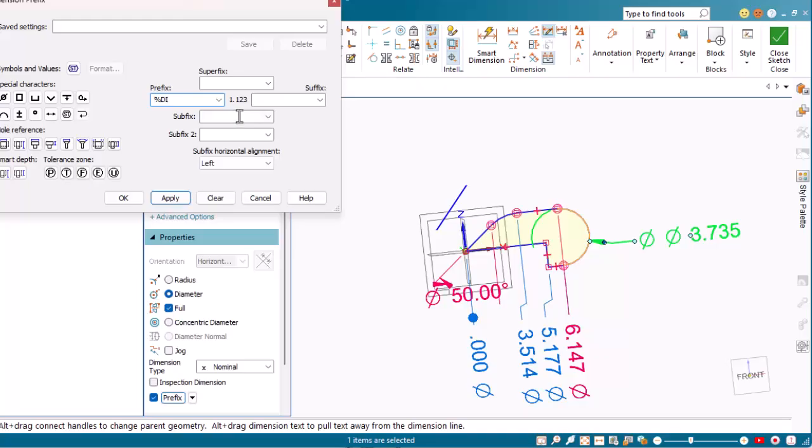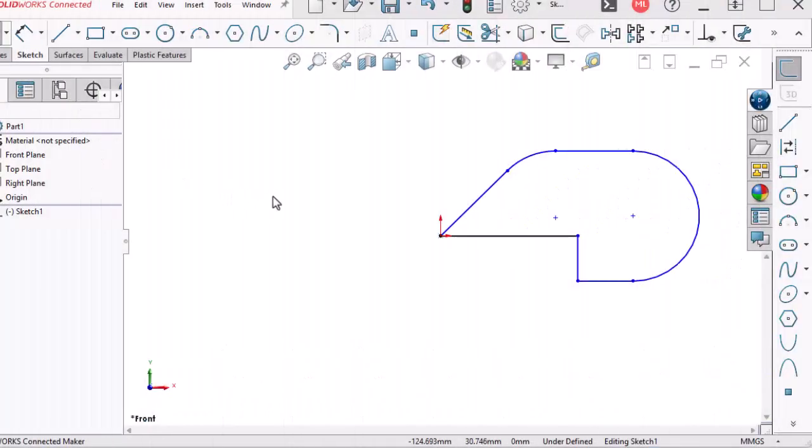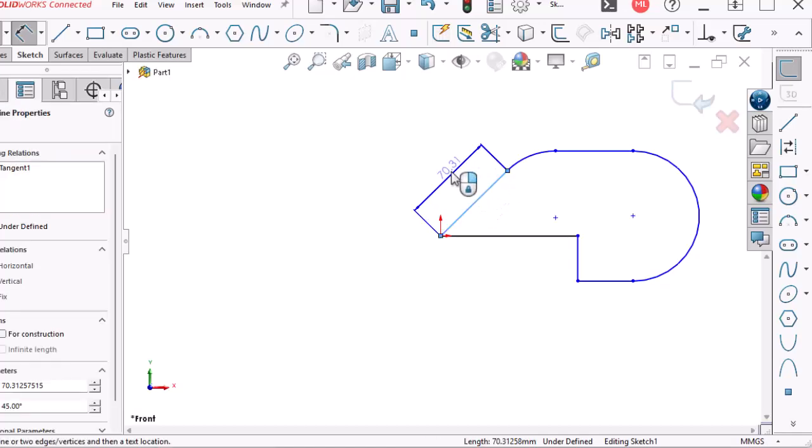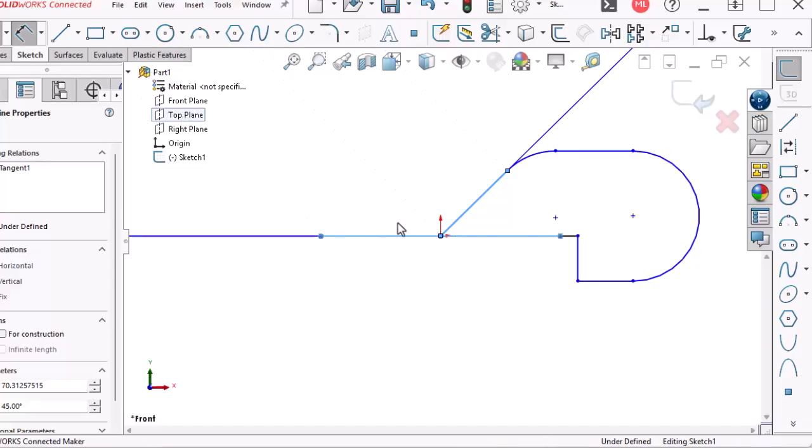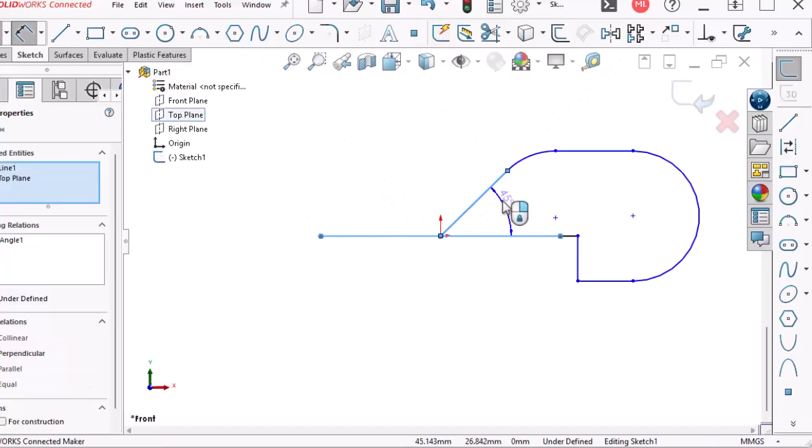Pretty powerful tool all in all, and it's easy to get used to once you know where all the settings are. If we now switch over to SolidWorks and we want to do the same sort of thing, SolidWorks has a single sketch dimension tool, and you can do a lot with it. You can click on the same angled line here and get an aligned dimension, horizontal or vertical, without switching any options. You can also get an angled dimension, and this was pointed out by a viewer recently, by selecting on a plane, and now you've got an angle dimension,